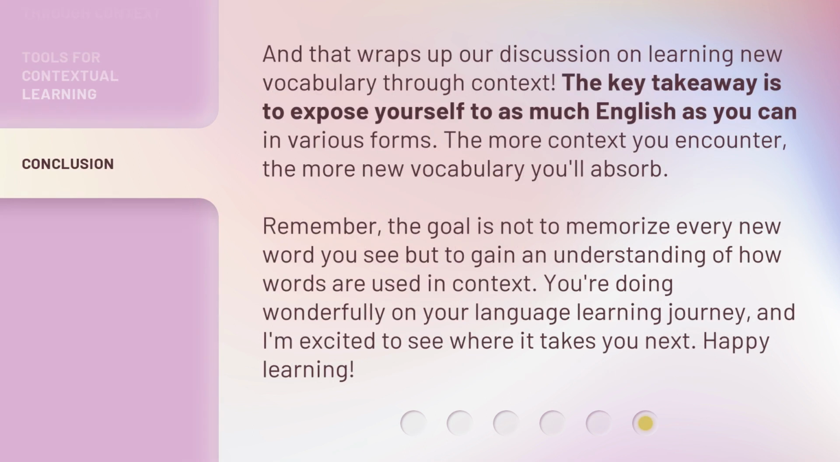And that wraps up our discussion on learning new vocabulary through context. The key takeaway is to expose yourself to as much English as you can in various forms. The more context you encounter, the more new vocabulary you'll absorb. Remember, the goal is not to memorize every new word you see but to gain an understanding of how words